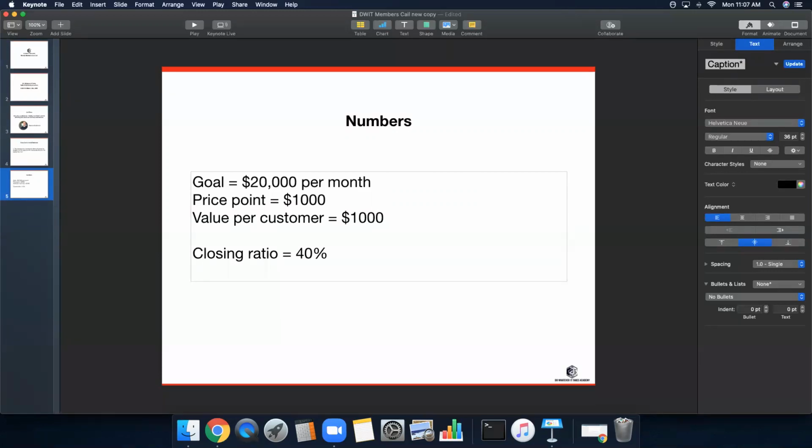Now let's think about the step before that. All we're doing is taking steps backwards from our most thought out objective. The objective is $20K per month. The price point is $1,000. We're going to be meeting with people and closing 40% of them. Well, what happens before we meet with them? We're going to want to qualify them. In our case, about 70% of the people are going to qualify. So let's just use these numbers here.